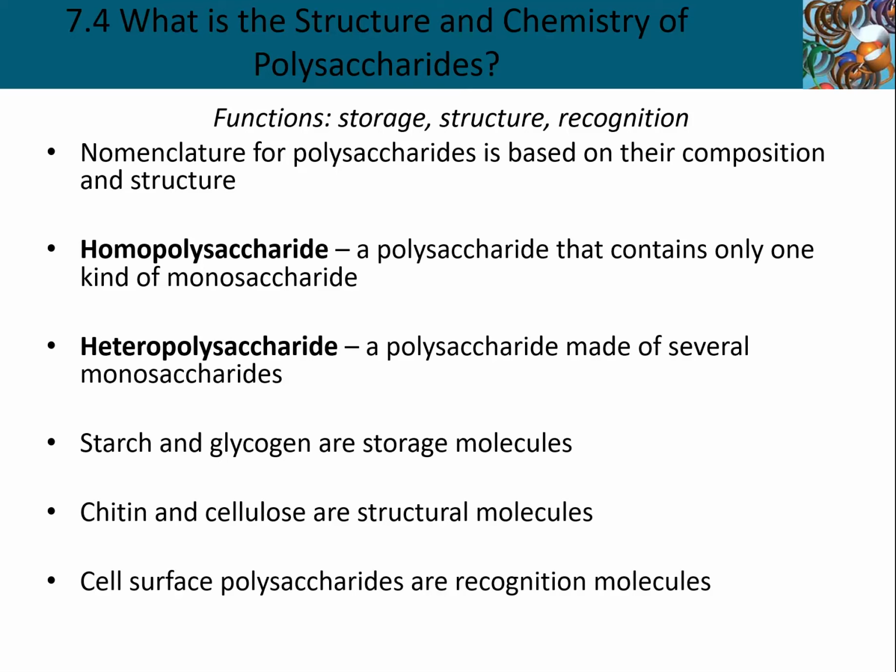chemical attributes. In addition to starch, glycogen, chitin, and cellulose, we're going to go into recognition, surface recognition, chemistry, and cellular surface modifications of polysaccharides a little bit. The book has a lot of really good examples, and I encourage you to get into the chapter a little bit and read up on those examples. But truthfully, I don't want to add another 30 to 45 minutes to this lecture. It's already going to be a very long lecture. So because of that, enrich the spectrum of examples through some independent reading, please.